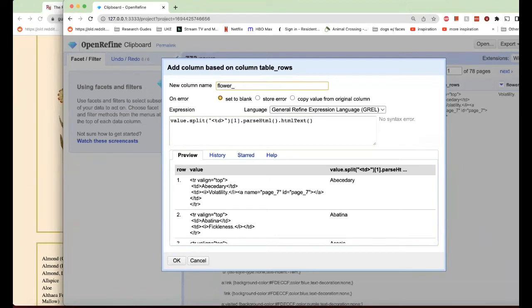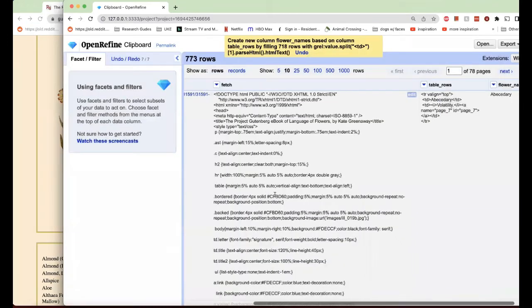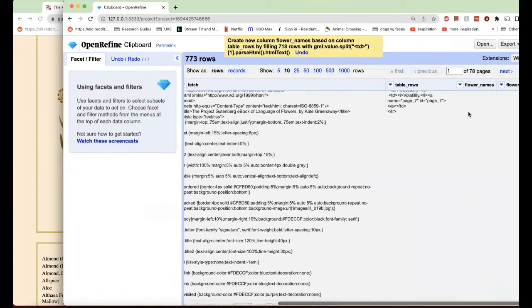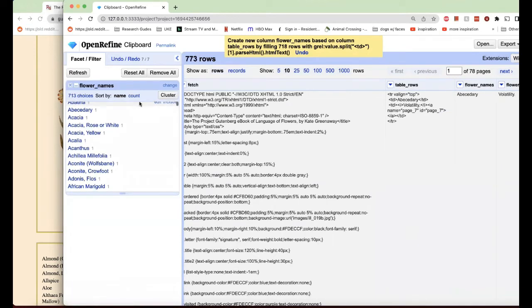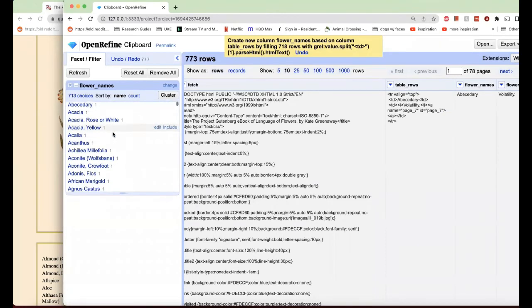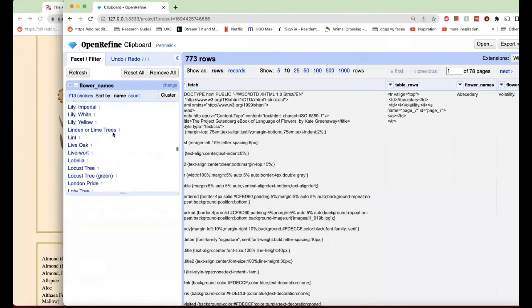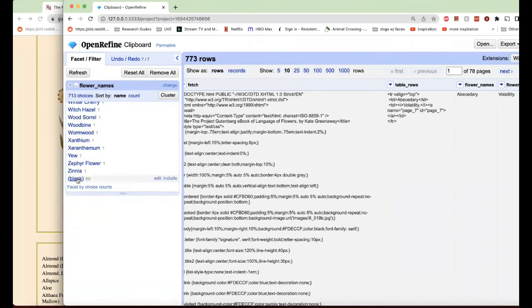So we have flower names here. All right, and then we have flower names. Let's take a look with Facet. And we have 713 choices. All right, so let's take a look. I always like to check the blanks. So there are 60 blanks here, which is